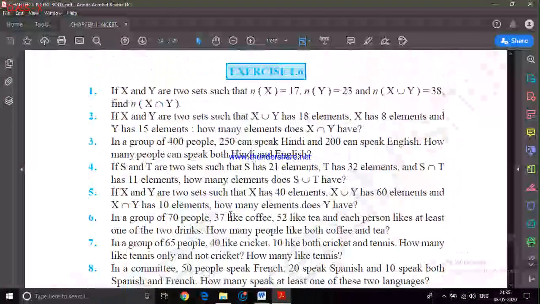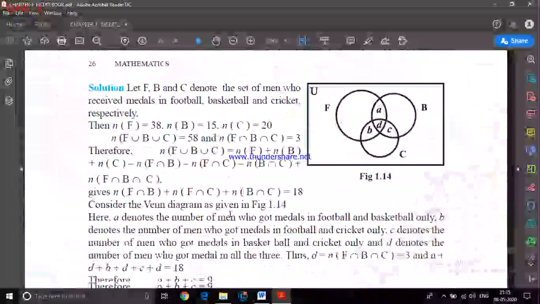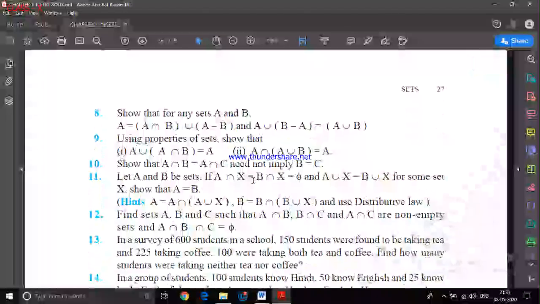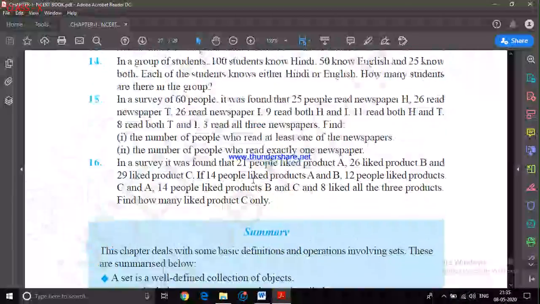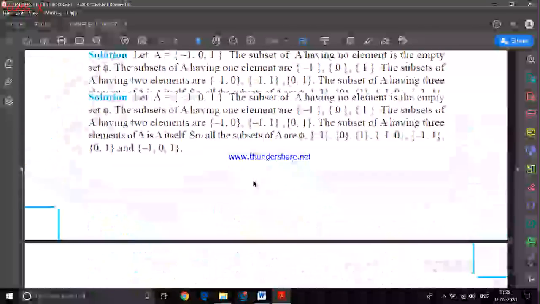Okay, your first miscellaneous is all about this. This is the 1.6 exercise. Where are the miscellaneous questions? Yeah, these are the miscellaneous exercises of the chapter. In class 11th and 12th, we are going to solve all these miscellaneous exercises, each and every question, including examples, exercise, and miscellaneous, everything. So you may start these miscellaneous questions, as many as you can solve. If any doubts are there, again, as I said, we'll discuss it later on. Maybe by next class, we'll finish our chapter.